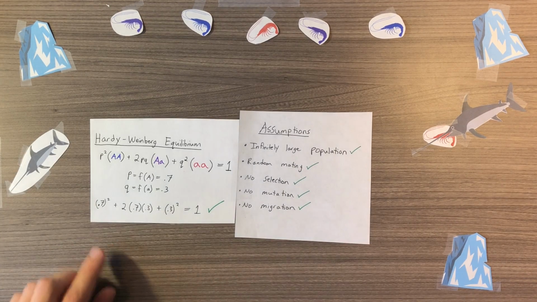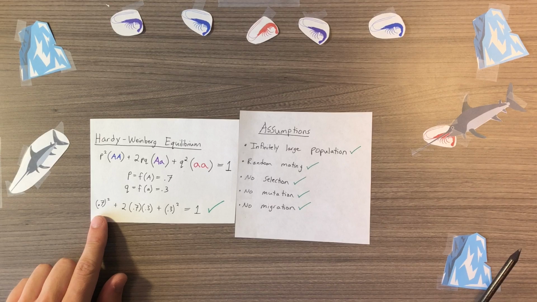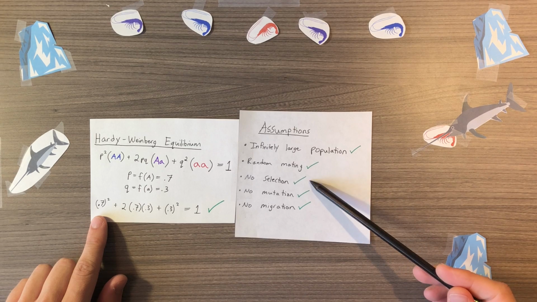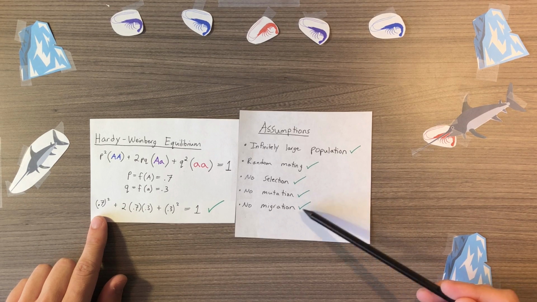Now we will verify that the population is in Hardy-Weinberg equilibrium. The Hardy-Weinberg equilibrium states that the allele and genotypic frequencies will arrive at equilibrium after one generation of random mating, so long as the population follows these assumptions. There must be an infinitely large population, which there is, however we are only observing 100 out of this infinite population. There must be random mating, no selection, no mutation, and no migration, all of which are satisfied by this